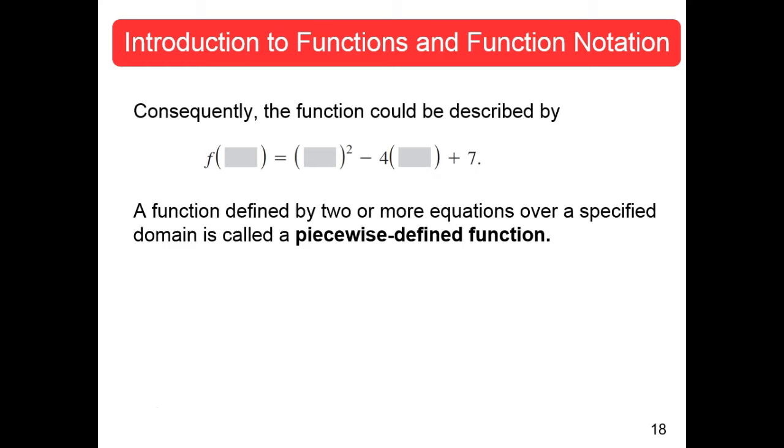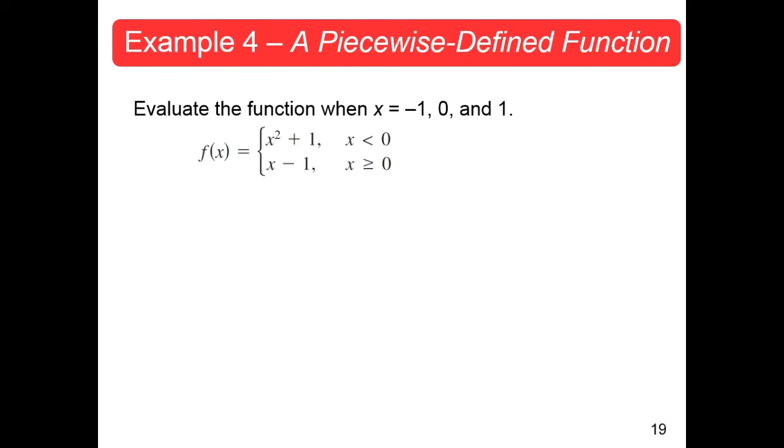A function defined by 2 or more equations over a specified domain. Okay, this sentence here should be on the next slide. It should not be on this slide. It has nothing to do with that. But whoever the slide person was, put it there. This is a completely new subject. Or not completely. A function defined by 2 or more equations, not just one equation, over specified domains or portions of a domain, is called a piecewise defined function. That should have been this slide. Here's the example, and this is example 4.